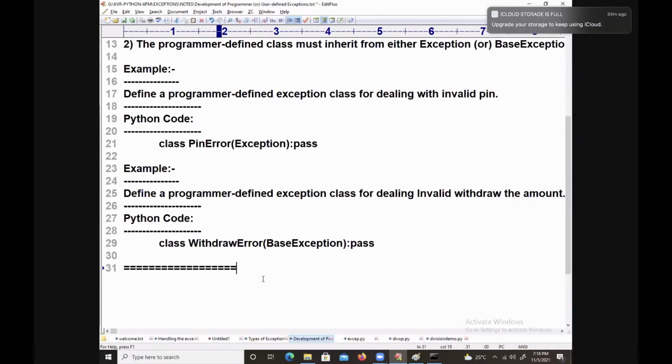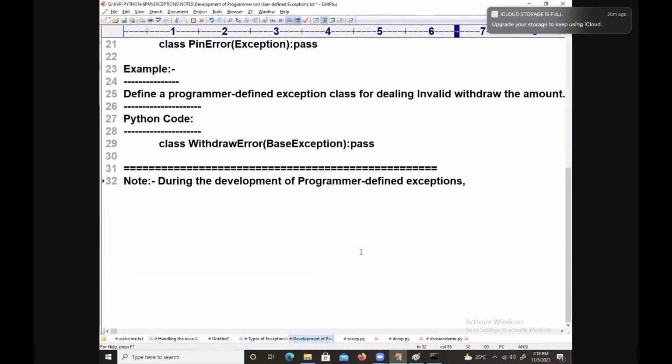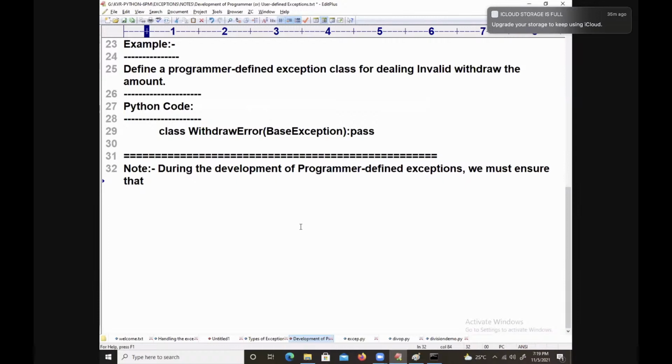One note point I am writing. During the development of programmer defined exceptions, we must ensure that there are three phases.